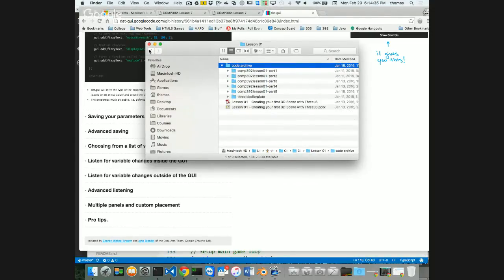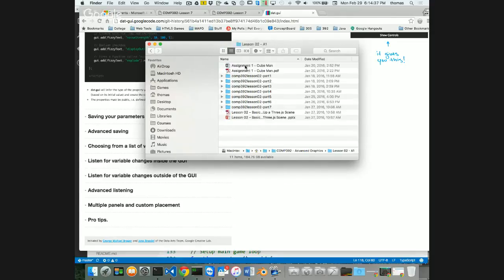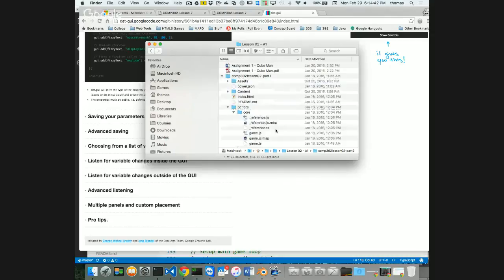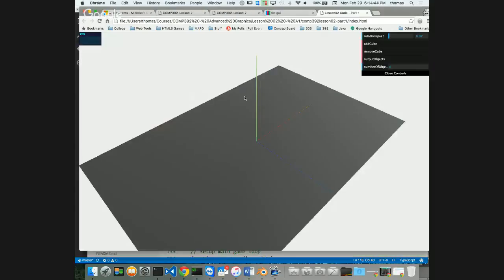So let's go to lesson 2, right? Here's part 1. And let's run this one. I'm just running right off the thing here. Oh, look at this. Add cube. Here's a good example of a button, right? Add cube, remove cube, output. I'm going to add a cube, and as I click things,